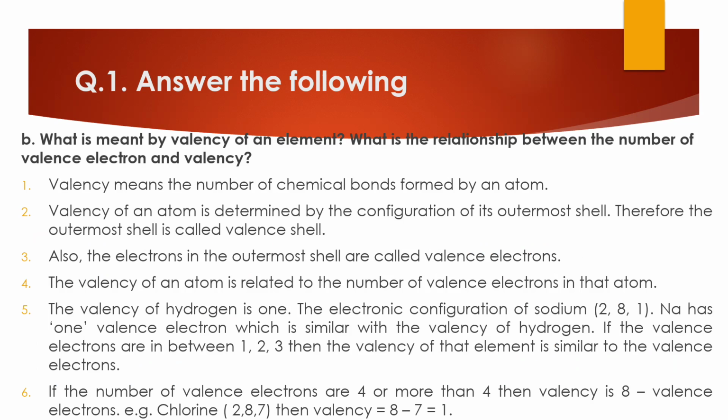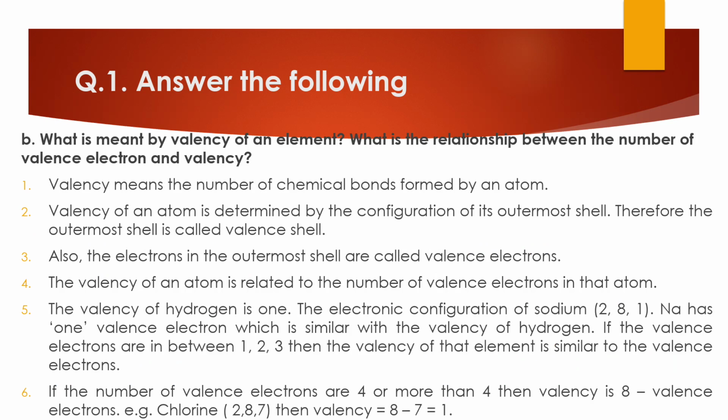We all know that an atom consists of a nucleus at the center, and around that nucleus electrons are revolving. Now these electrons are revolving in particular orbits or particular shells. Let us say the K shell, which is the nearest shell to the nucleus, then the L shell, then the M shell. Electrons that are present in the outermost shell of an atom are called the valence electrons.